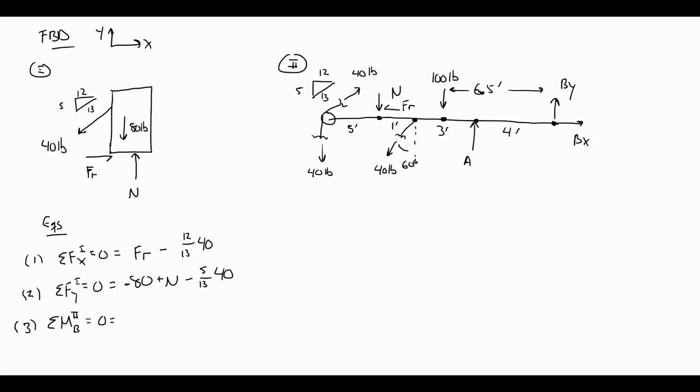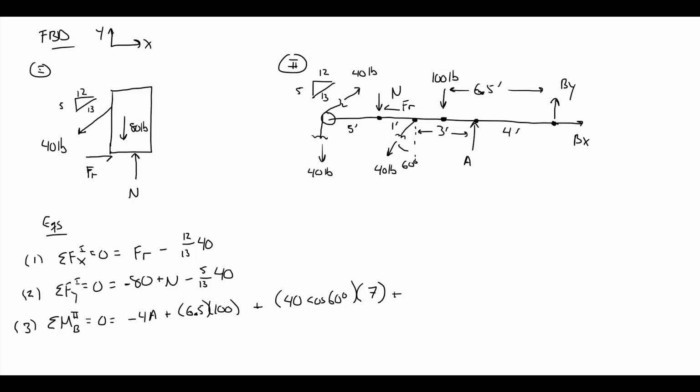So I'll move right to left. The first thing I'm going to encounter is A, and that's going to be clockwise, so minus 4A, plus 6.5 times 100, and that is counterclockwise, so positive. Then we have the vertical portion of that 40 pounds located at point C, so that's also going to be positive, so 40 times the cosine of 60 is the vertical component, and it is going to have a distance of 7 from point B. This 3 is measuring from A to C,